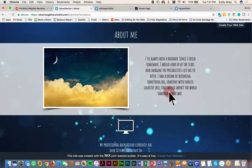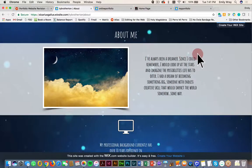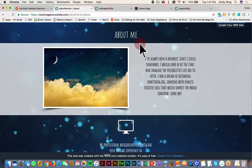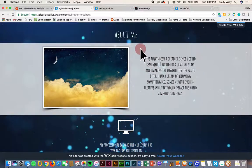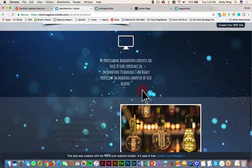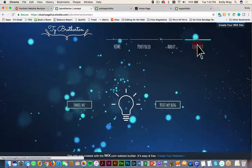When text is center aligned in this way, it's harder for us to finish a line of text and then come back to a different starting point on each line than it is if you've created a strong border and a consistent starting place for that type. It's a very visually pleasing site, but there are just, like I said, a few issues, particularly with the readability